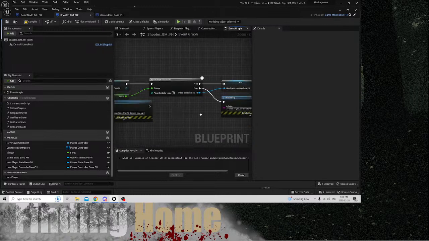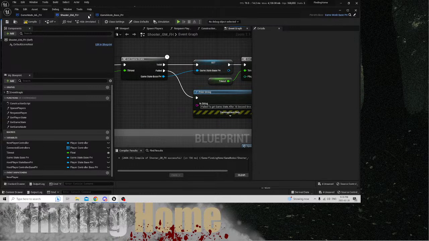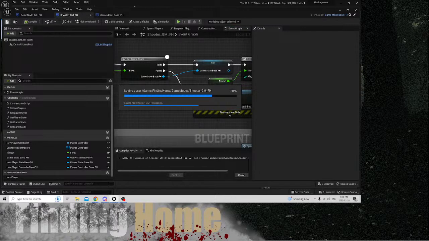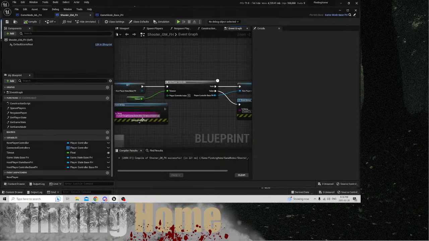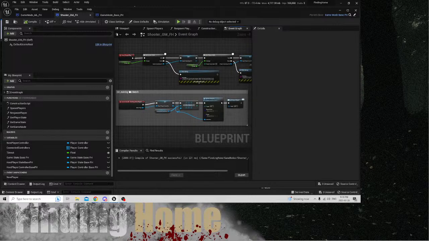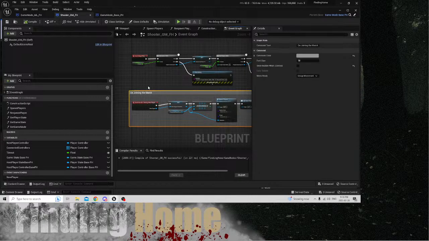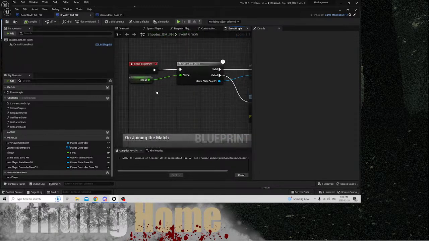But yeah, that's what I was kind of working on, and I'll have to do it for the rest. This is the game mode, but I'll have to do it for my shooter game state and the shooter player state in the shooter player controller, so they have all of each other in a nice way, and then I could call certain events that I need to call from each other, whether a player has disconnected or reconnected, or like you can see here, if a player's been